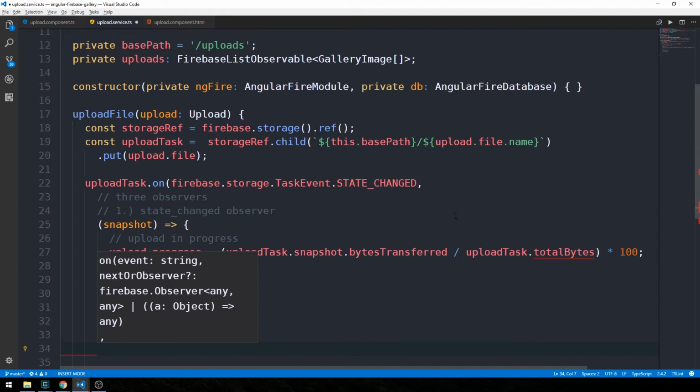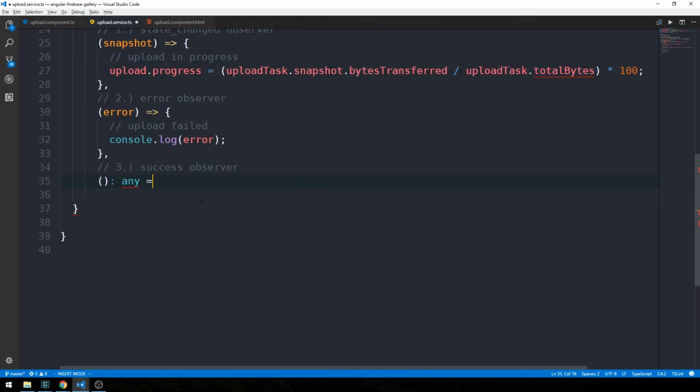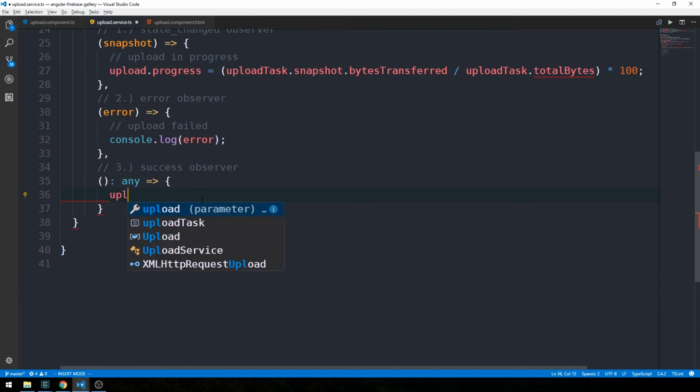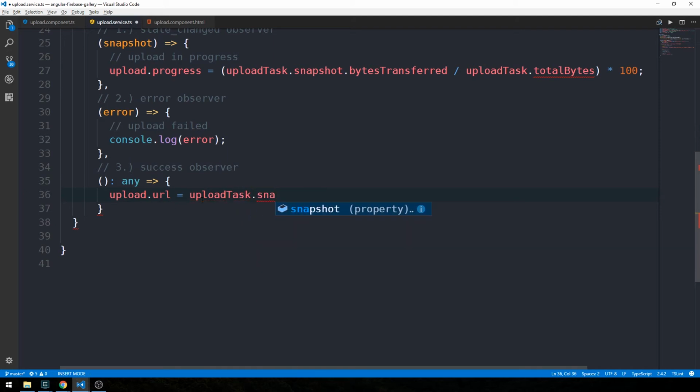And then finally, as you might expect, I can get rid of this IntelliSense, which is horrible, we have a success observer. I'm just going to type this as any so that TypeScript stays relatively happy. We'll go ahead and set the upload URL equal to the URL that's on our upload task snapshot, our data snapshot. And then we can go ahead and call a save file data method,